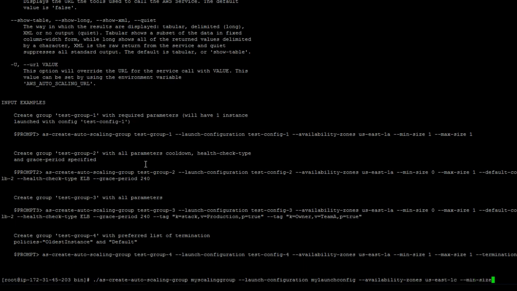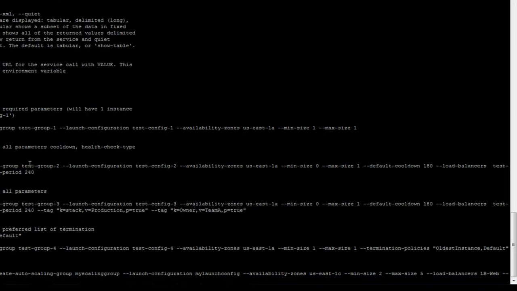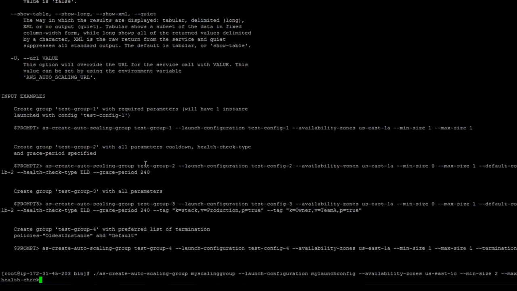Minimum size that you want to keep 2, maximum size that you want to keep 5, load balancer's name, this is the load balancer name I have created, then health check type, it's going to be ELB,